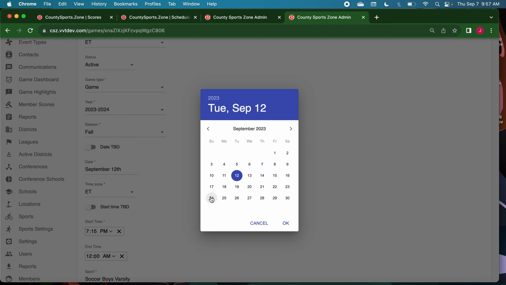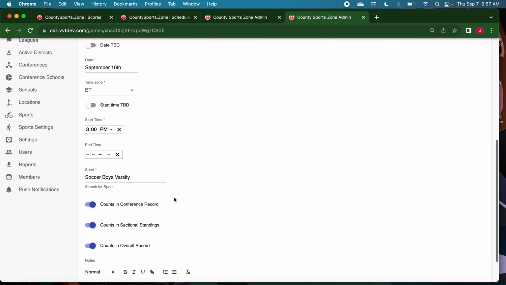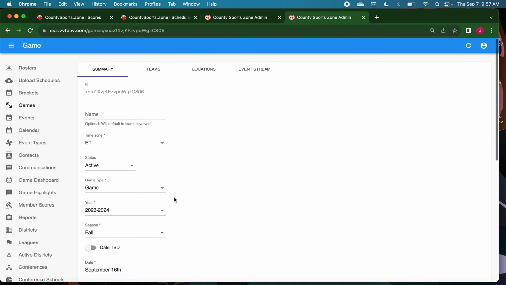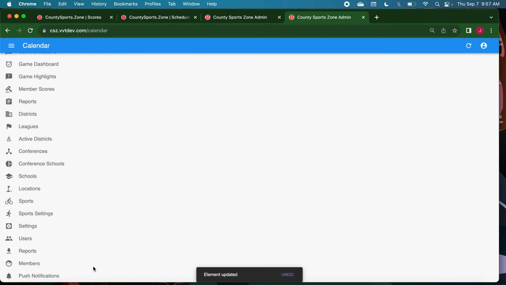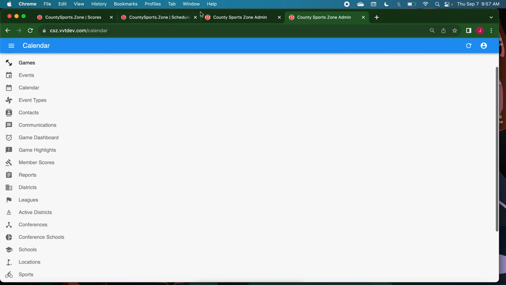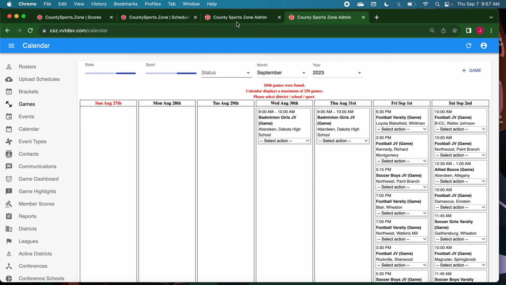We'll change the date to, say we want to move it to the 16th here. Okay. We can clear out that, and we'll do it for 3 p.m. All right. Now we save. So that was September 16th at 3 p.m. Okay, so it's because we did this on the calendar, it brought us back to the calendar,